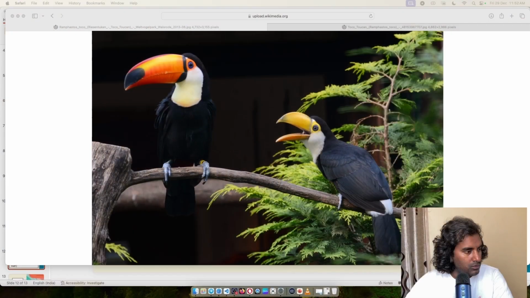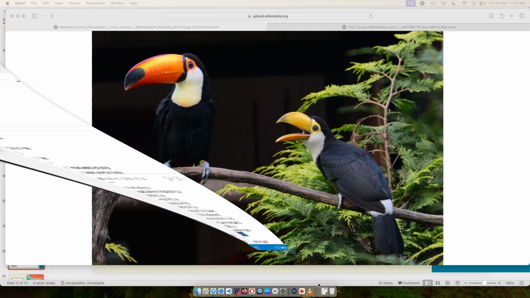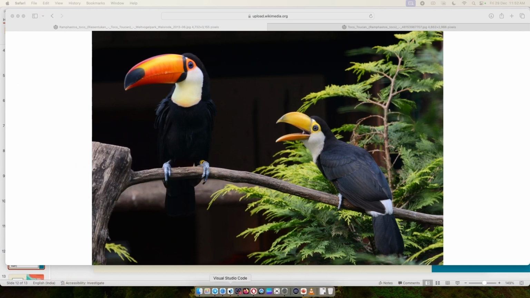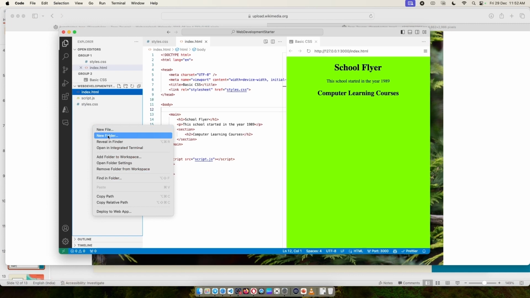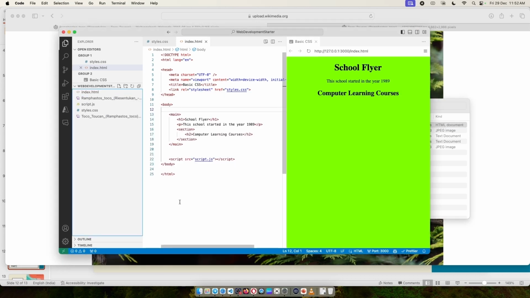Let me quickly get them from the downloads folder on my computer, and then put them in my project folder. My project folder is here. Where are you? There you go. I'm just going to right click, reveal, and there it is. I have the two images now in my project folder. So that step is done.